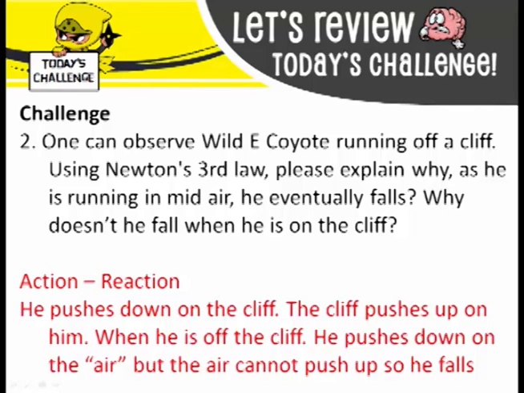The reason we're all standing, we're all able to walk, the reason you can sit on your chair without falling through your chair is because your chair is pushing up with the equal amount of strength that you're pushing down with. Alright, so when he's on the cliff, he pushes down with his weight, the cliff pushes back up on his weight, and therefore he doesn't fall. When he's in the air, he pushes down with his weight. Air tries to push up with the same force, which it does, but technically it cannot, because air can also move, right? A cliff is a solid object, therefore it cannot move.